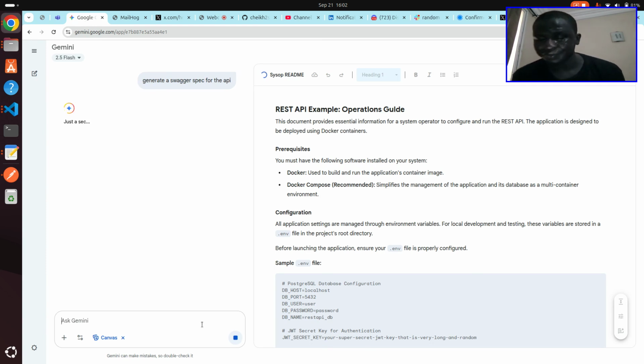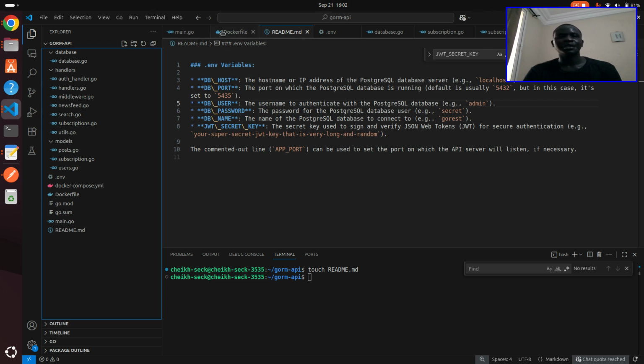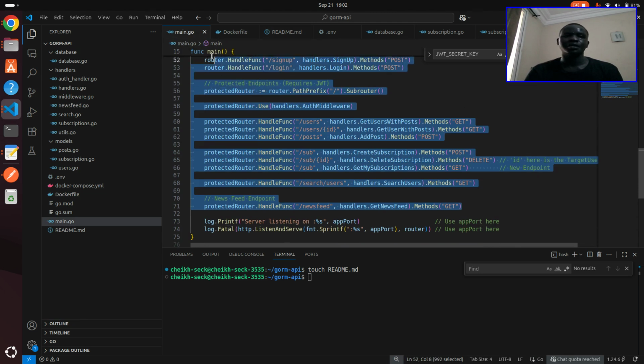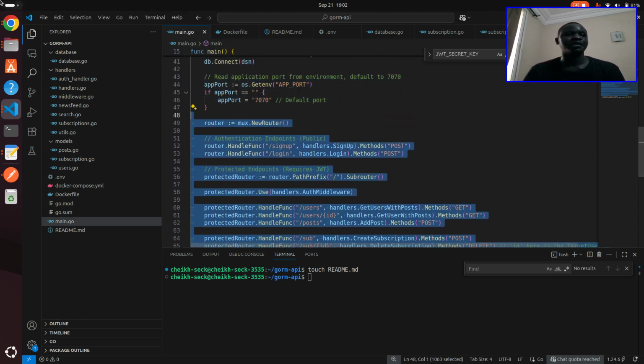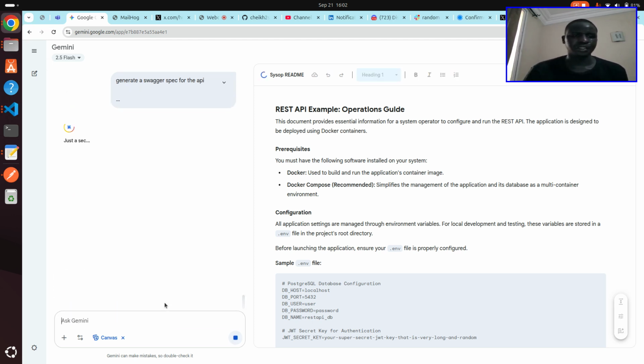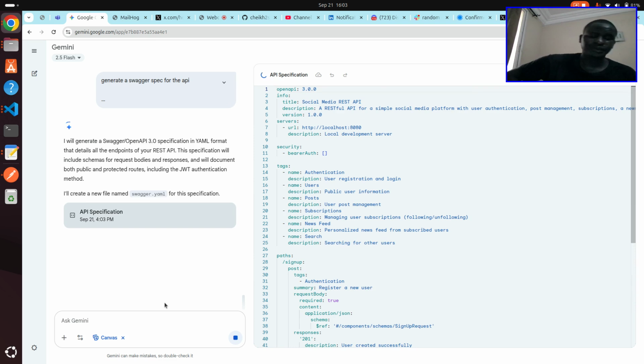And since it defined all of the endpoints, wait, let's do it again. But this time we also give it an updated path list, just to nudge the LLM in the right direction. All right, now let's go. Let's see how it generates the Swagger spec for this. I believe I didn't change any of the input or output, so